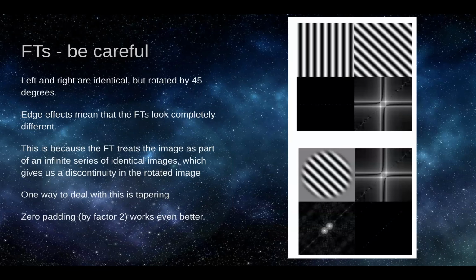So you have to be careful with Fourier transforms. Basically, left and right are rotated by 45 degrees, but they're completely different Fourier transforms, right? This is actually a bit of an artifact of how Fourier transforms are calculated. It's because the Fourier transform treats the image as part of an infinite series of identical images. And of course, we can't really deal with infinities